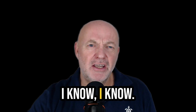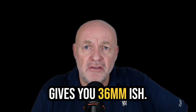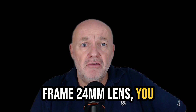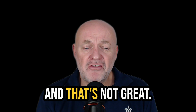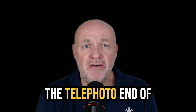I know. 24mm on a crop sensor camera gives you 36mm-ish. But to get the same field of view as a full frame 24mm lens, you need a 16mm-ish focal length on a crop sensor camera. And that's not great. I mean, it is what it is, but when you look at the telephoto end of things,